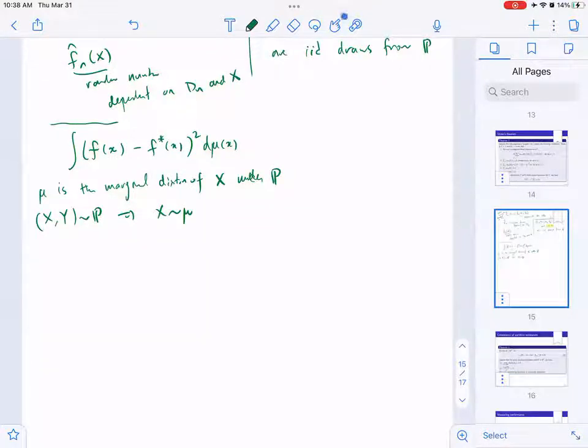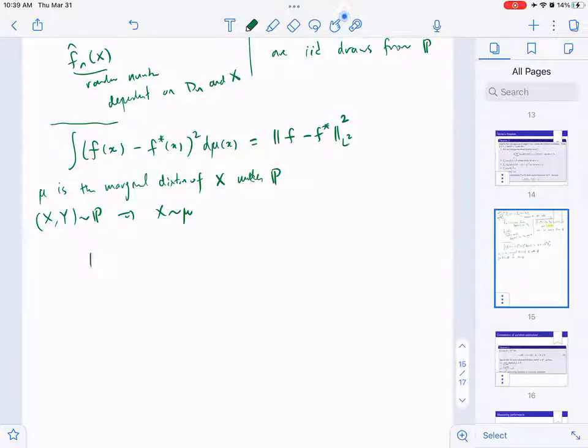Okay, this I would write as L2. This is for any fixed f, and f star is deterministic. This is just the L2 norm squared. This is like L2 of mu, but I'm going to drop it. This is the L2 space of functions. If you have seen it, good; if not, it's just that integral. This is like a norm. If I take the square root, it defines a norm on these functions. It's called the L2 norm. Now, if I apply it to f hat,